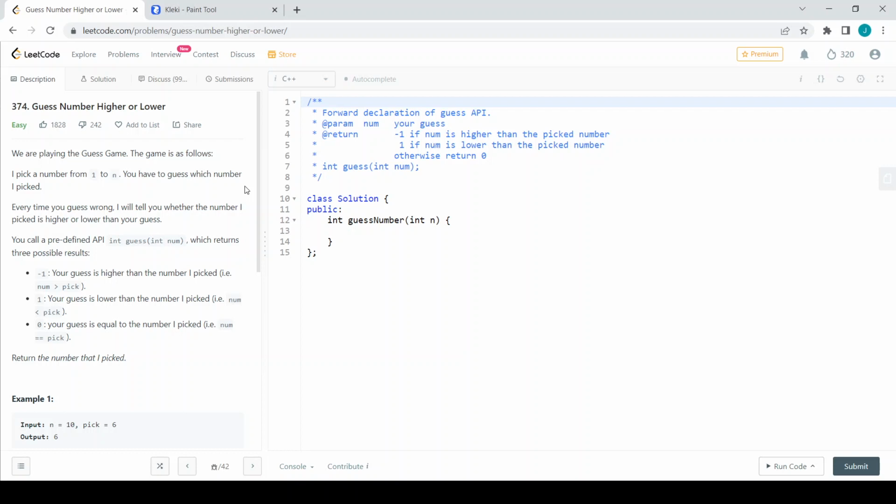Every time you guess wrong, I will tell you whether the number I picked is higher or lower than your guess. So you call a predefined API, guess, which returns three possible results. If your guess is higher than the number I picked, that is, num is greater than pick, the API is going to return -1,